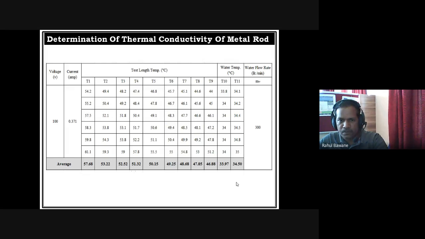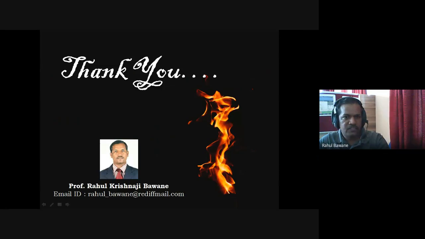And 390 is the thermal conductivity for pure copper exactly at 20 degrees centigrade. If I increase the temperature, it definitely shows a lesser value. But for this copper rod under non-standard conditions, we get a value near 390, not exactly 390. But it must be in the range of 390. So thank you friends, calculate, complete your